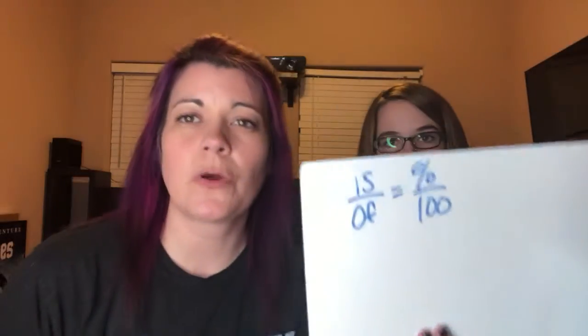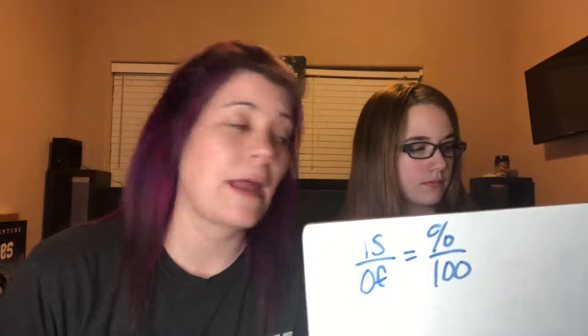This is over of equals percent over 100. Okay, so is over of equals percent over 100. And I will show you what these look like right now. So for example, I'm gonna write it out because we're gonna diagram this sentence. It says, what number